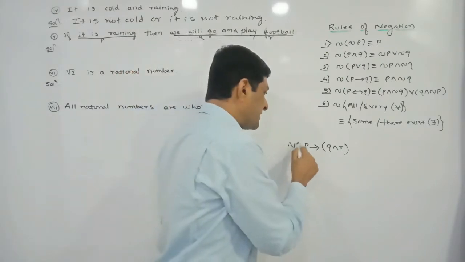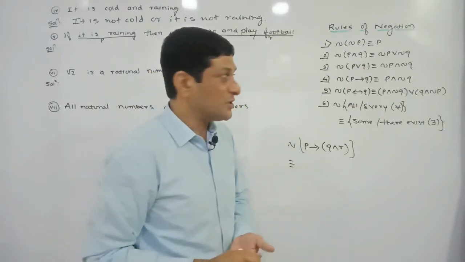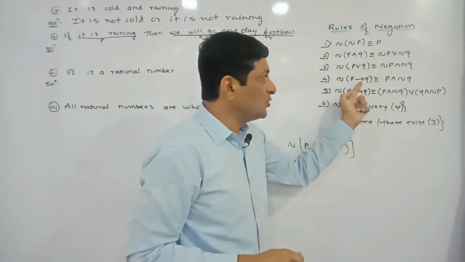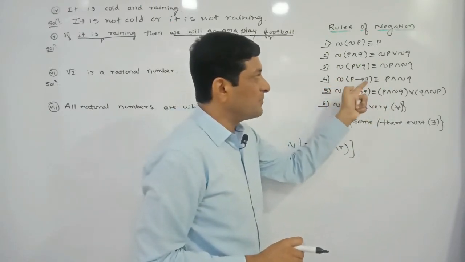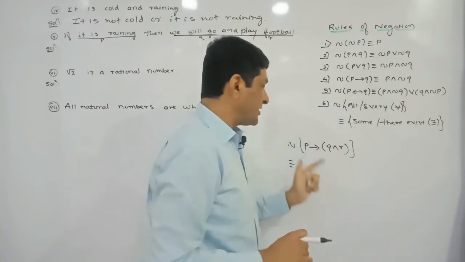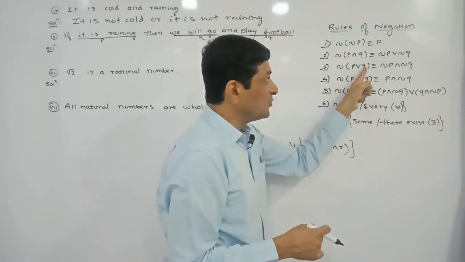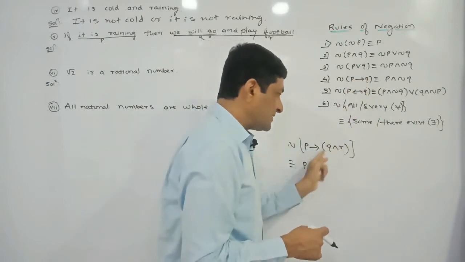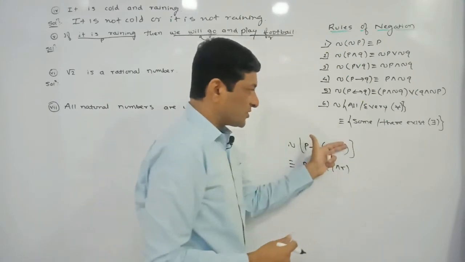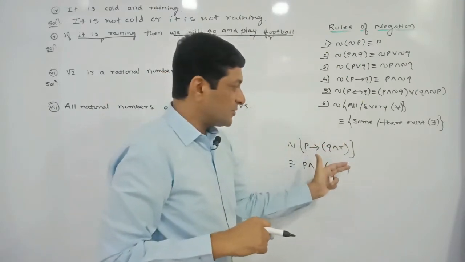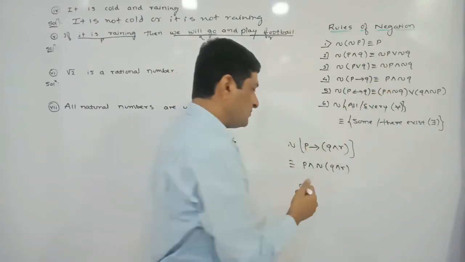And we are finding the negation of this statement. Whenever we are finding negation, we are using rules of negation. So here we have to apply this rule of negation. Whenever we are finding the negation of P implies Q, what is this negation? P and negation Q: P, keep it as it is, and negation Q means negation of this second part. The second part is Q and R, so here negation of Q and R we will get according to this rule of negation,